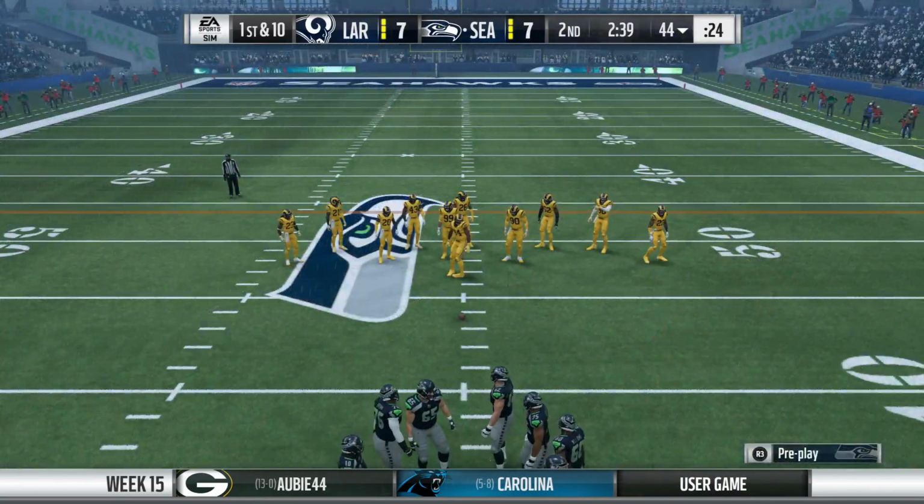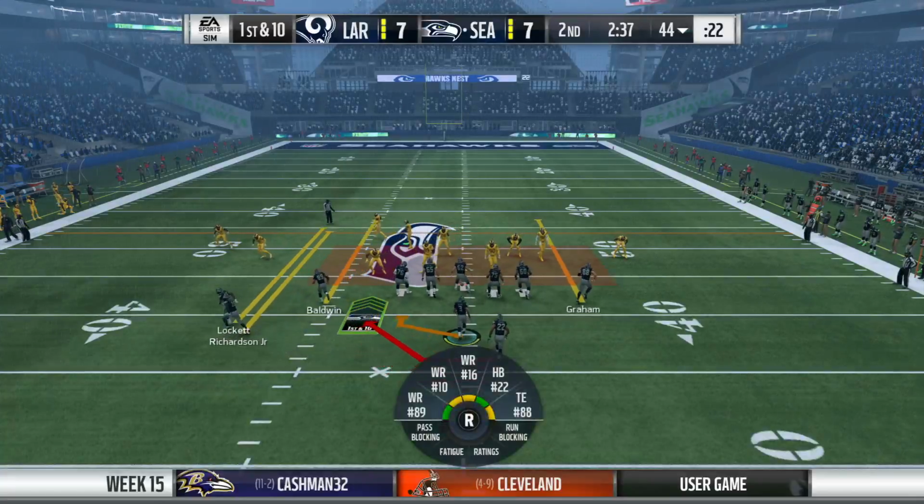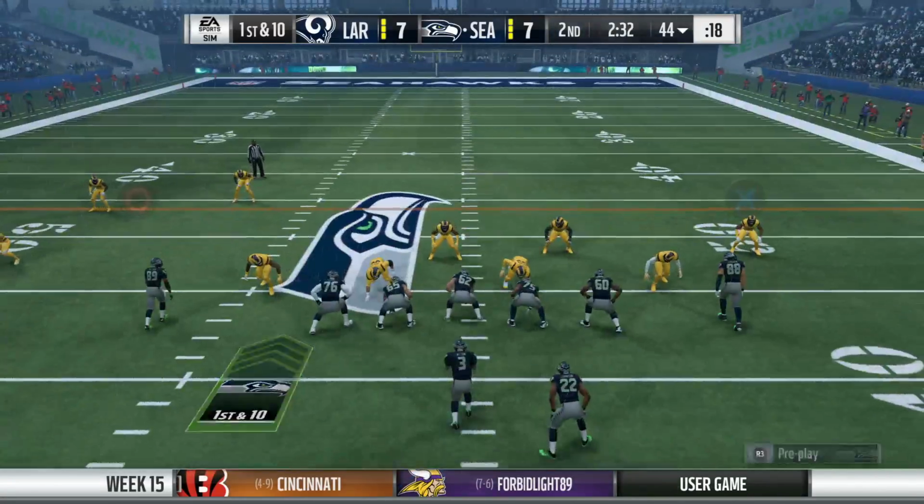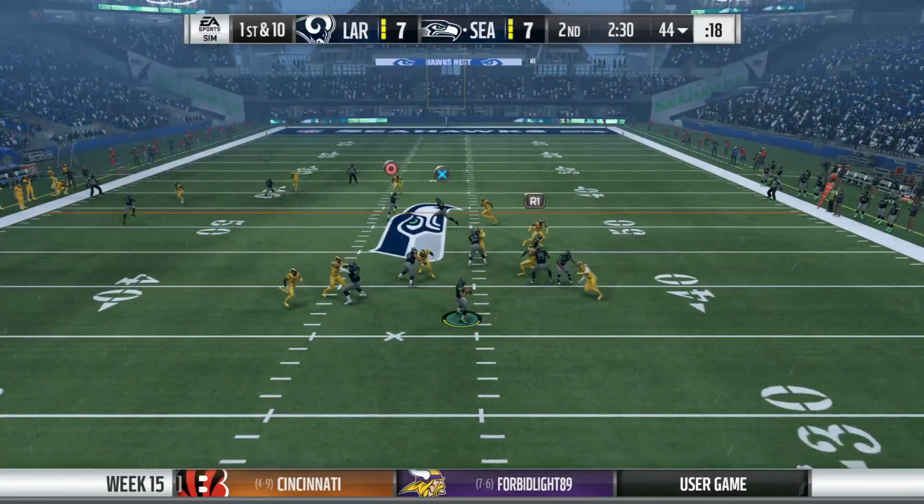Boy, he does it at a high level, doesn't he? Because when I watch him, I think of his vision. Straight ahead, peripheral. Also has that sense of where holes are going to be before they actually open. I think that helps set him